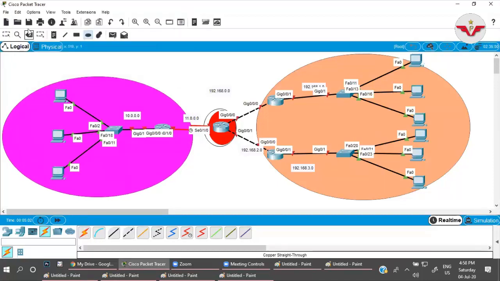Done. Now let us come to the configuration part.